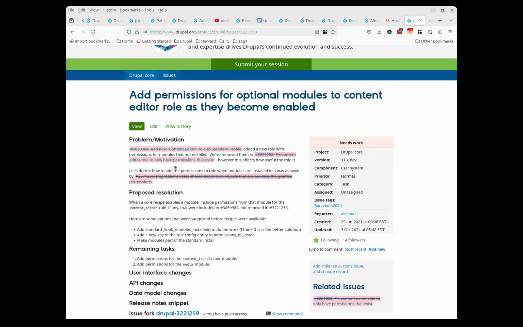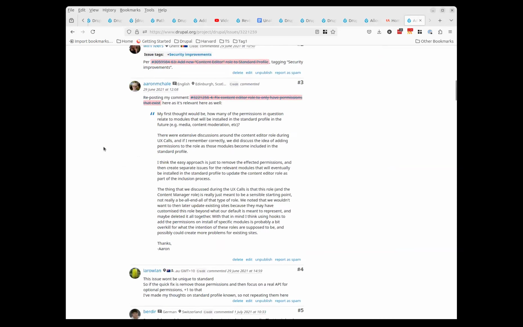So we had to remove several of the permissions from the content editor role, and it ended up having very few permissions. So this issue was created to find some way to add those permissions back. And what I realized recently is that now that we have recipes in Drupal core, that provides a method for adding the permissions back.